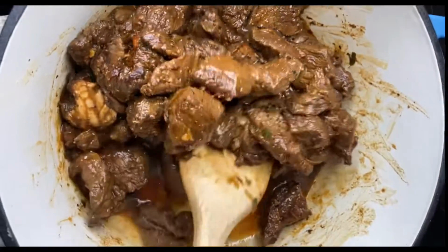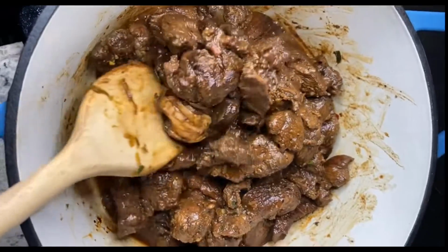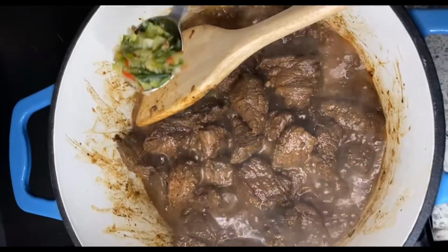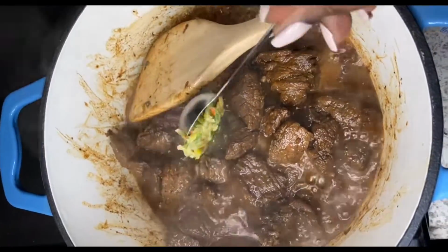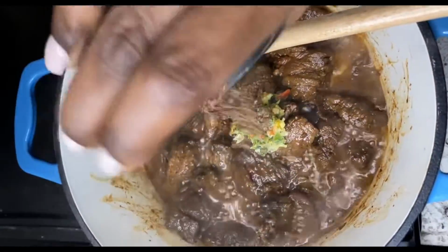I allowed my beef to brown for about 5 to 8 minutes and stirred it about 2 times or so. And as you guys can see, the beef is releasing a lot of liquid as it's cooking. I'll show you guys what point I add water to my pot, but now it's time to get it ready